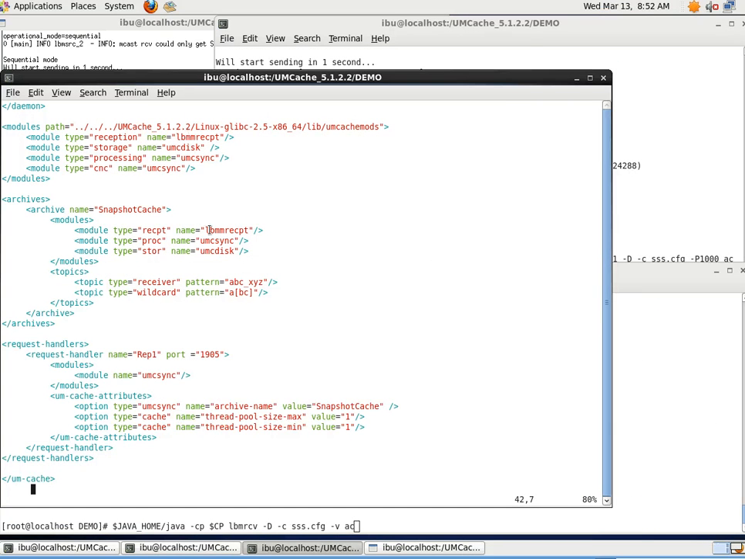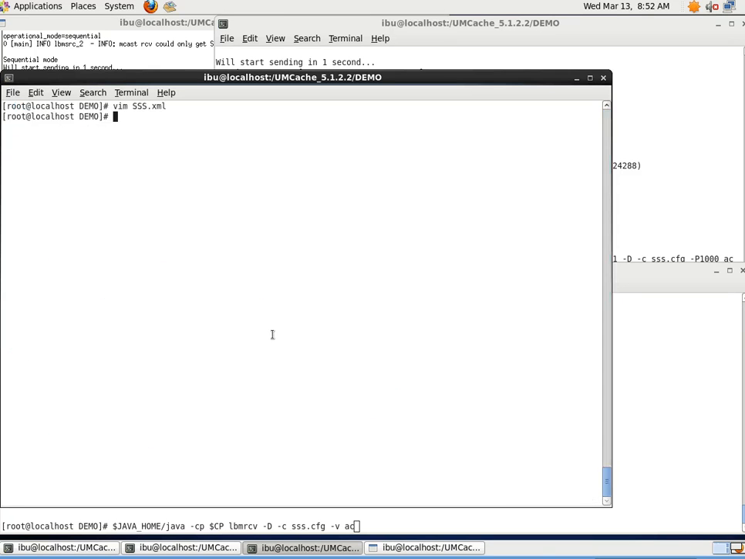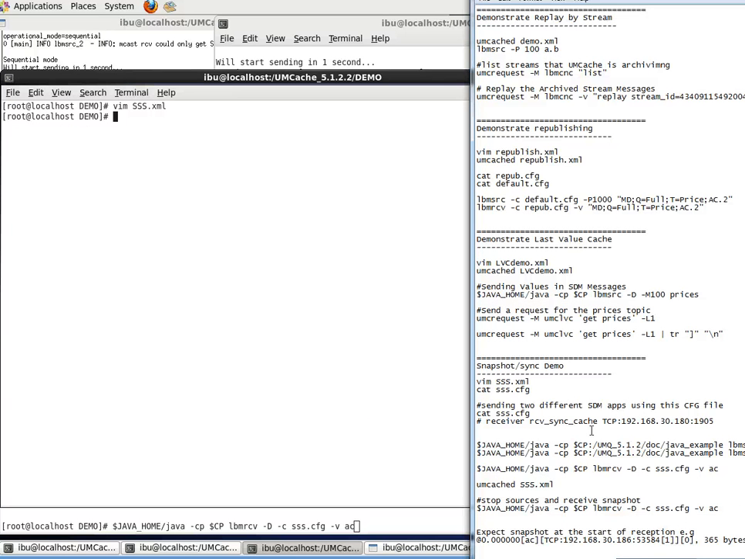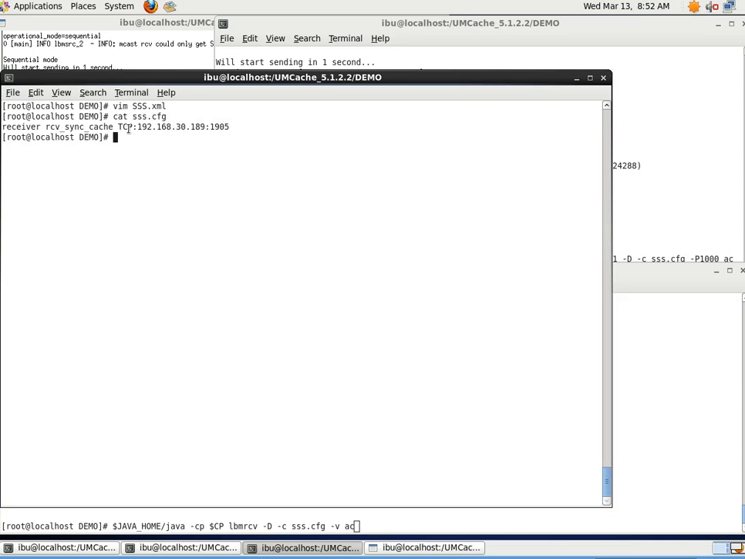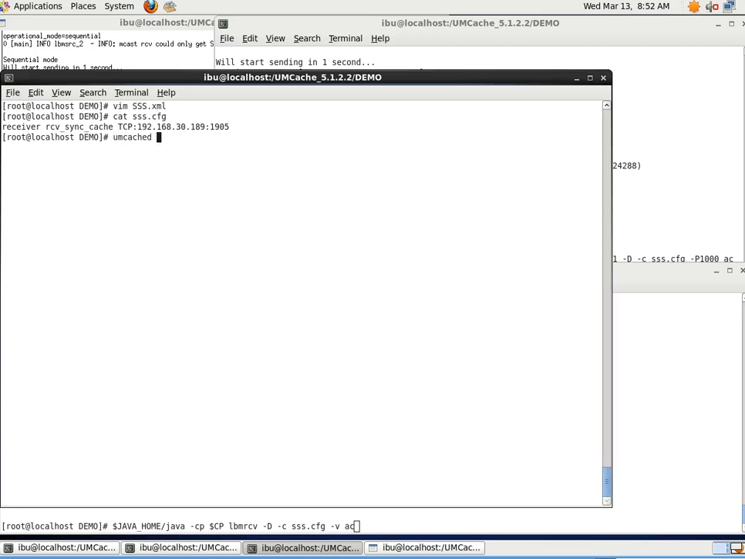Lastly, we'll look at snapshot sync. And this is the XML. And we're going to be sending on this wildcard receiver pattern. Back to my cheat sheet. Well, let's look at the configuration files first. Now, we have to specify the UMCache module for the receiver, and I'm going to bring up my UMCache daemon,